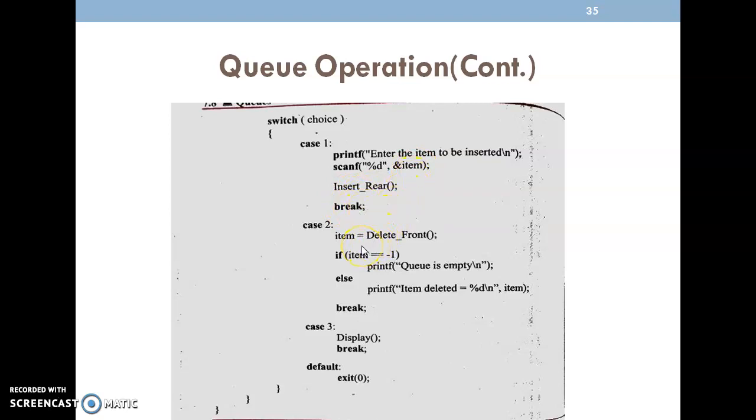Similarly, which item I have deleted, I did not display in the function. So I am just calling the function delete front. Delete front. So the deleted item will be assigned to which variable? Item. So the left side is the required value. If 10 is deleted, then item becomes 10 now. If it is equal to -1, it is empty. If it is not equal to -1, the deleted item should be displayed. Then the third is display. Then exit of